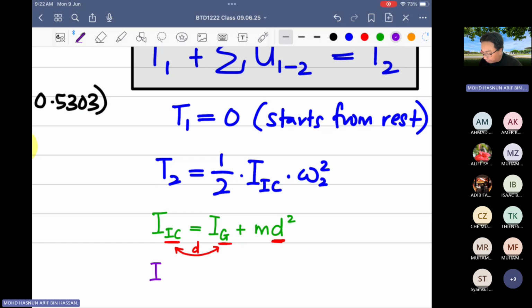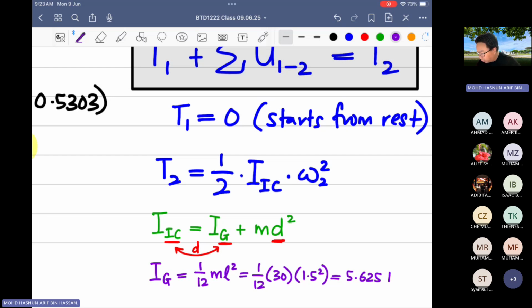IG first. Okay, we need to calculate IG, which is, this is a rod. Okay, this is also a rod, so 1/12 ml square. All right, so 1/12 times 30 kg. L is 1.5 square, so we will get 5.625 kg meter square for IG, and this value then we will substitute in the parallel axis theorem,